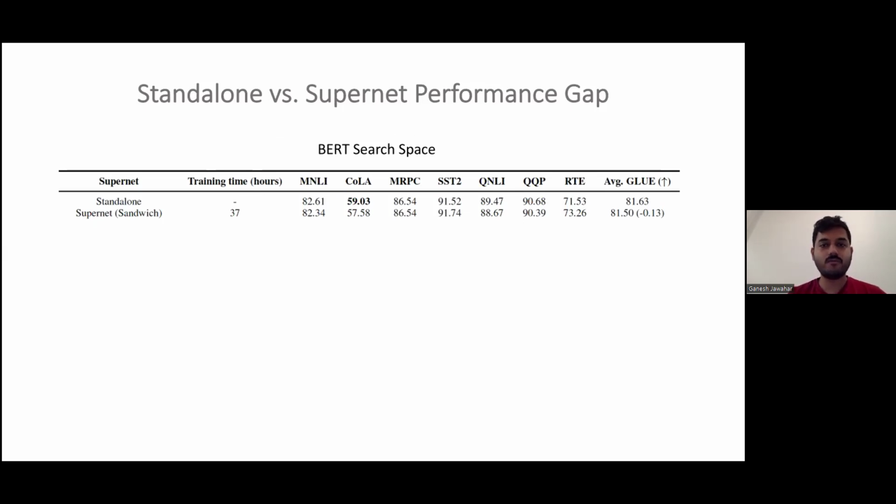So here you could see the BERT search space. I have the performance of the standalone model and then the SuperNet model. And these are some benchmark datasets for natural language understanding, the GLUE benchmark. We could look at the average GLUE. Usually the trends can vary between individual tasks, and average GLUE could be a good enough proxy to see the performance of a BERT architecture. So basically here in the search space, we are trying to find a